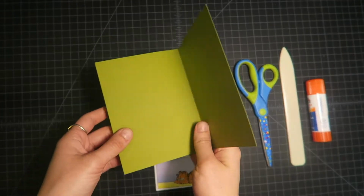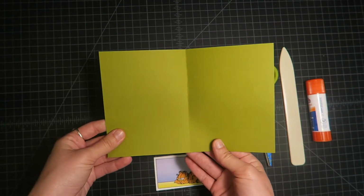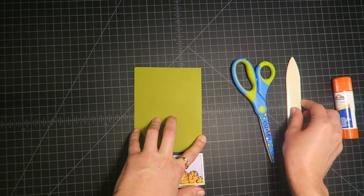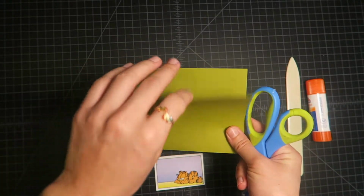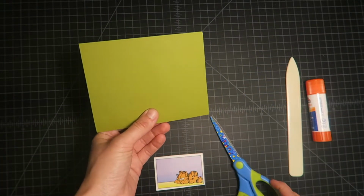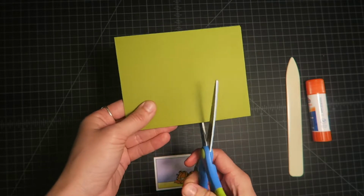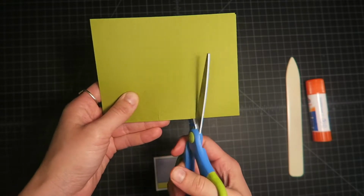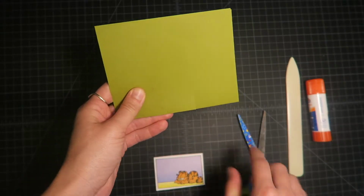The first pop-up we're going to do is a simple square pop-up. So just take a sheet of paper and fold it in half. You can use a bone folder for that to make it nice and flat. And then on the folded edge, not the cut edge, you're going to make 2 cuts. You can just use scissors for this. And eyeball in the center, 2 cuts, maybe a 1/2 inch deep, 3/4 inch deep, and 1 inch apart from